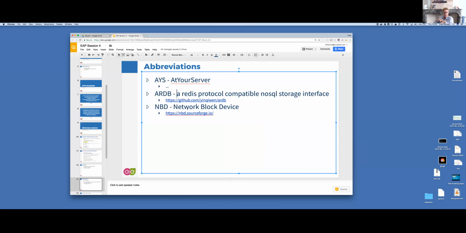Now, RDB is basically a Redis front end for a NoSQL storage backend. The NoSQL storage backend we use currently is RocketDB. And RocketDB, that's what I introduced to you the last time. Maybe I should also add it here for follow-up later, that I specify about RocketDB. It's not really an abbreviation, but I'll come back on it. RocketDB, remember, is what we use, for instance, for two things currently. We use it both for